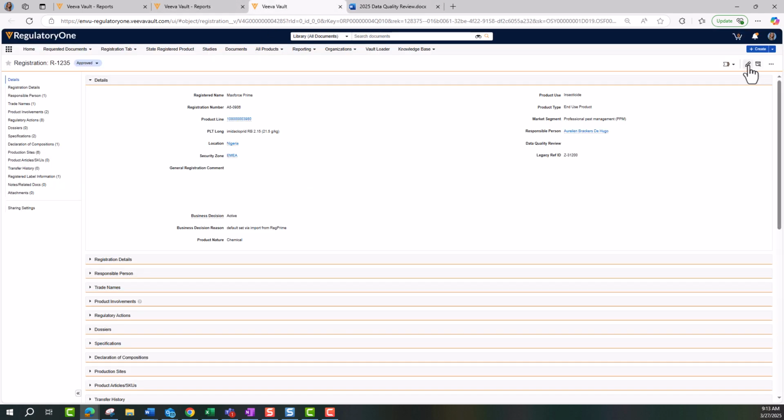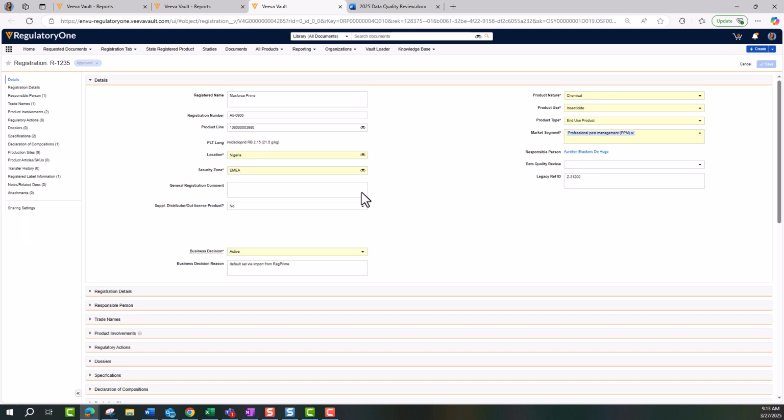So I will hit edit and validate the registration name, number, location, and any comments that are important. Is this a supplemental distributor product? Yes, no. Is this a business active product? Meaning, is this product being actively sold by the business, active or inactive? And then also the product nature, use, type, market segment, and then hit save, or if you made no changes,